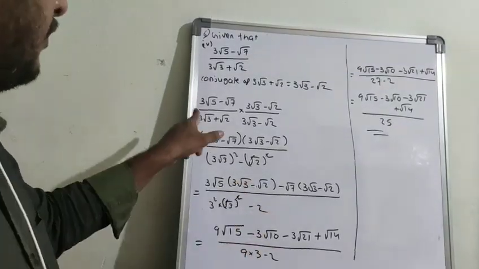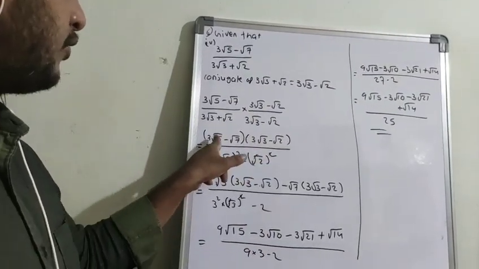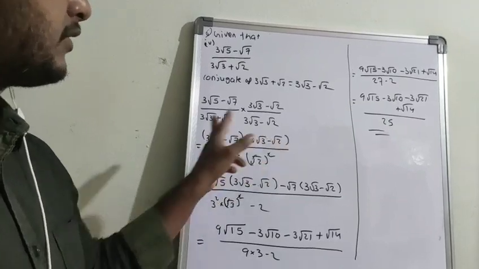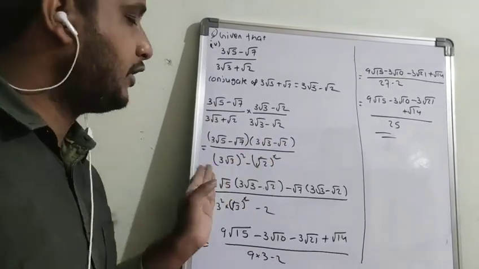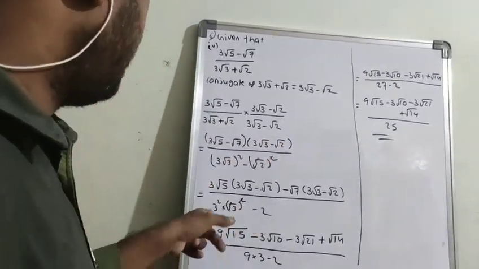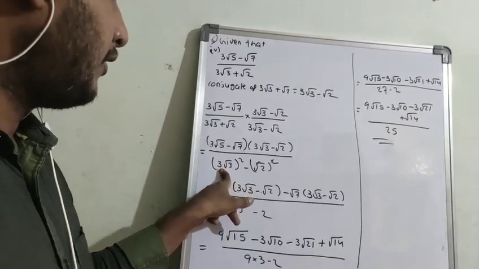And a simple thing, multiplication: no need to worry about it. Coefficients you multiply and surds you multiply. The order is the same only. You don't need to worry about the order. And again, here is one more important point.